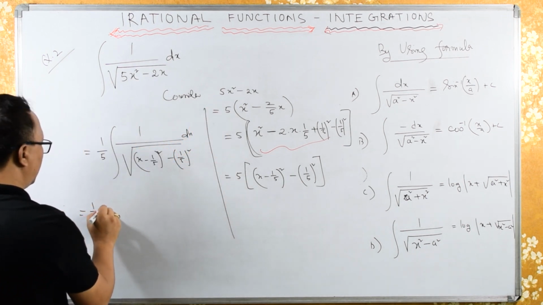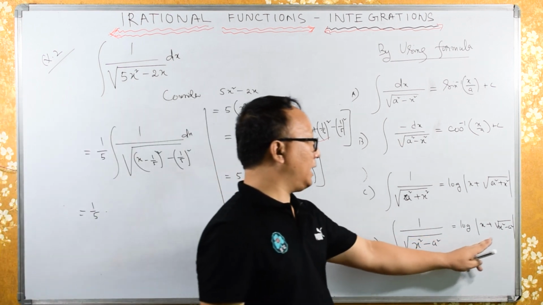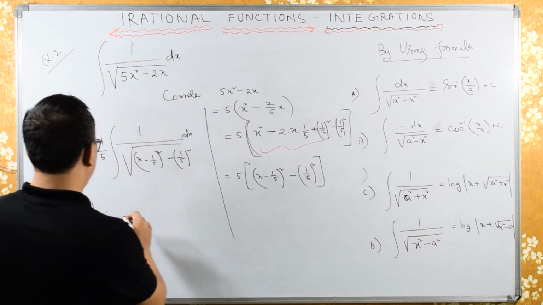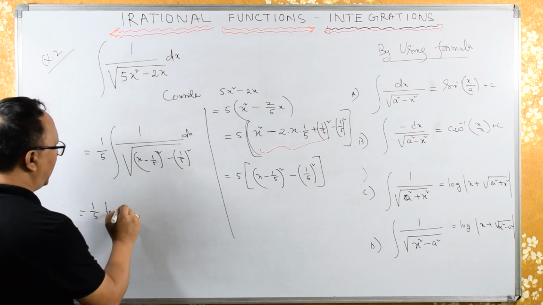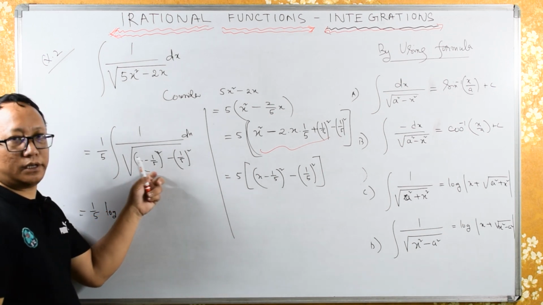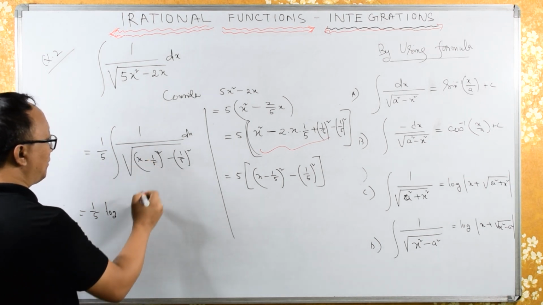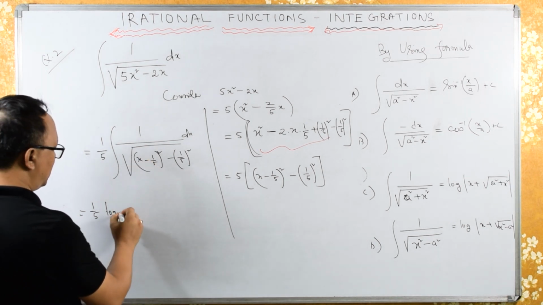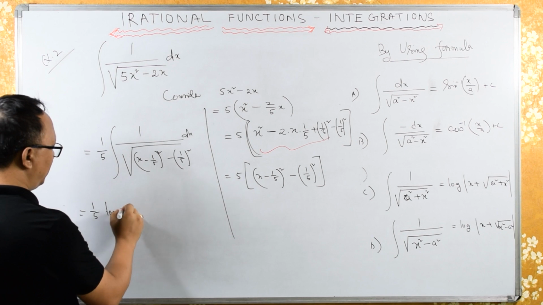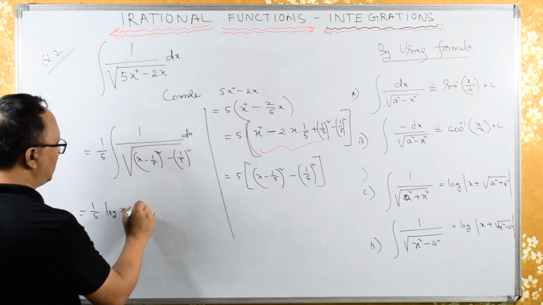Applying this formula here, log of x plus this. Here we have log of x, this is our x, and this is our a. If I take the LCM, you can keep it like this: x minus 1 by 5